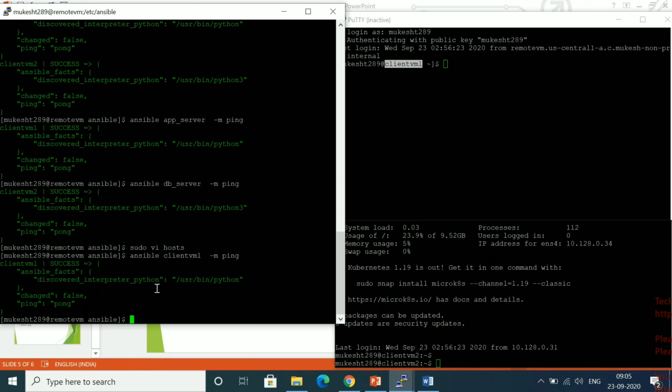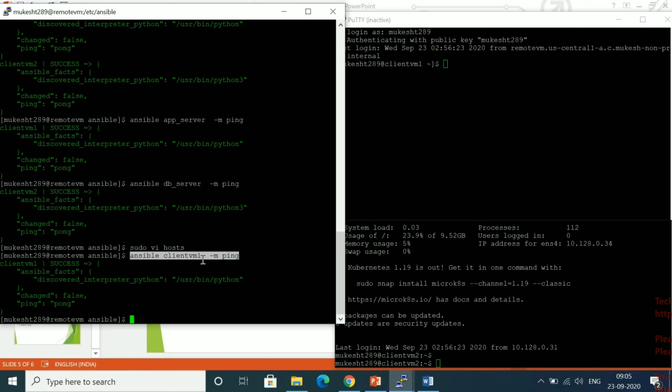Now the second thing: when we run this ad hoc Ansible command, I already told you what happens. Ansible checks which module to perform, and then where. Where means Ansible checks the inventory file, the host file, and inside the host file Ansible checks on which host to perform the ad hoc command.